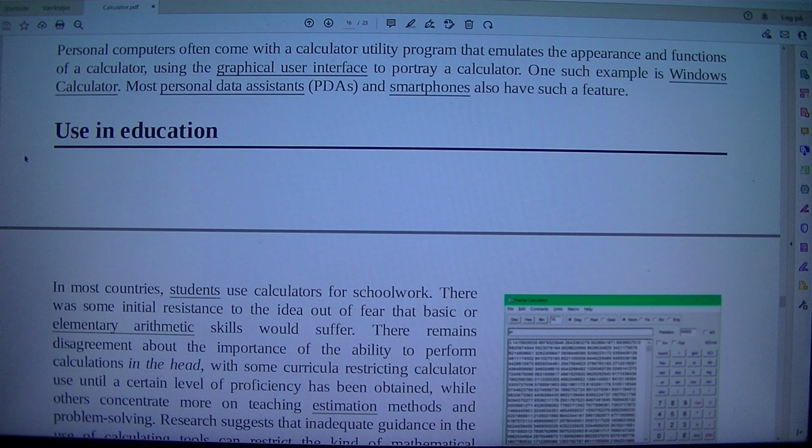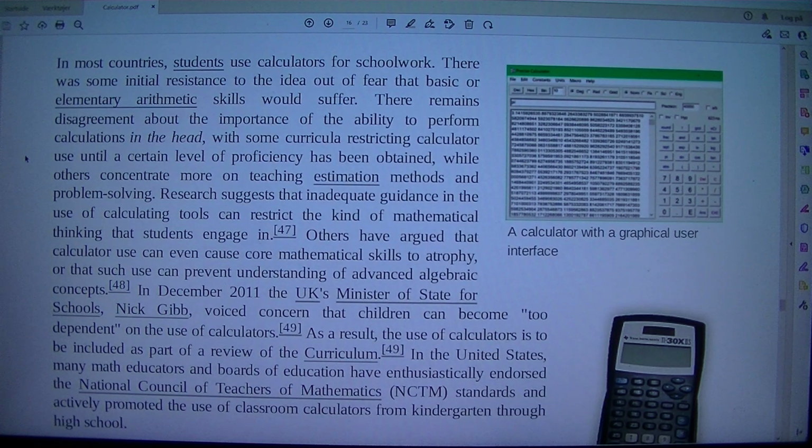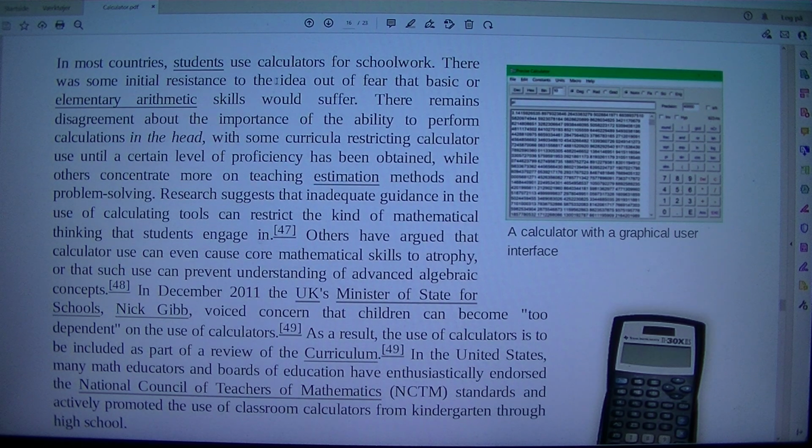Use in education. A calculator with a graphical user interface. AT30's scientific calculator, used commonly by students. A category CS103 scientific calculator. In most countries, students use calculators for school work. There was some initial resistance to the idea out of fear that basic elementary arithmetic skills would suffer. There remains disagreement about the importance of the ability to perform calculations in the head, with some curricula restricting calculator use until a certain level of proficiency has been obtained, while others concentrate more on teaching estimation methods and problem